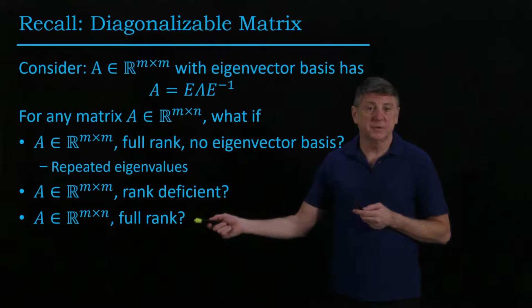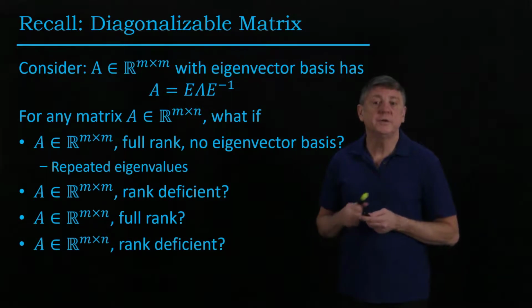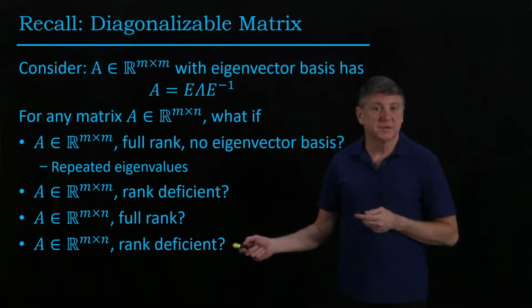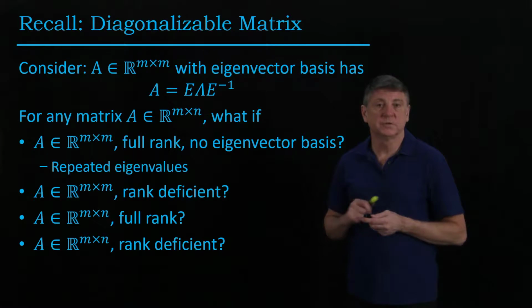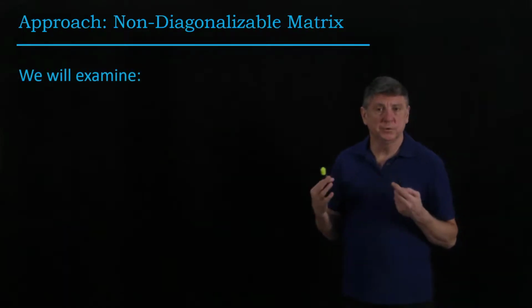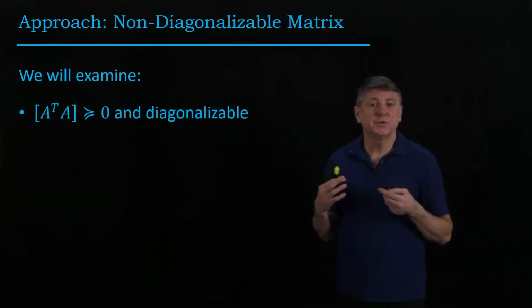What do we do if the matrix is rectangular and full rank? And what could we do if the matrix is rectangular and rank deficient? These are all cases that we'll learn to handle in this lecture. So the method that we'll use in this lecture is we're going to examine